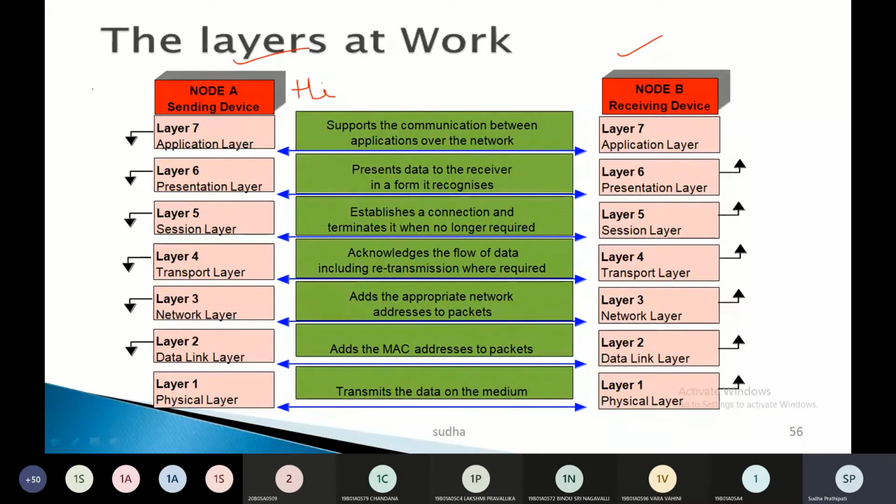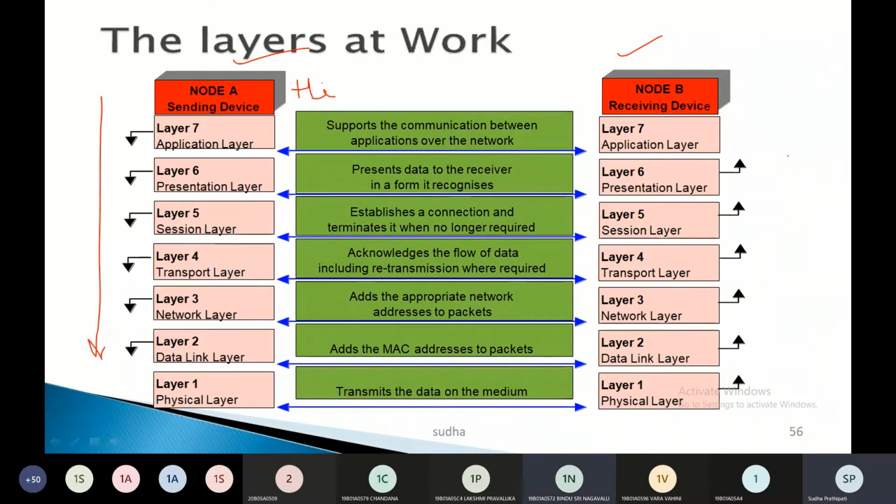As I told you, at the sending side, the layers are accessed in order from top to bottom. First the application layer is accessed, and then the presentation and session. That's the reason I am discussing layer 7 first. I hope you understood why.